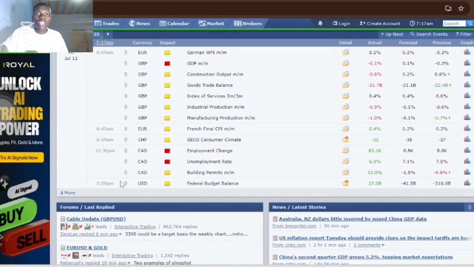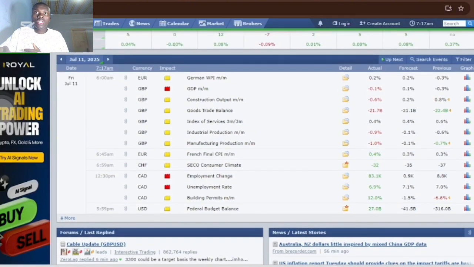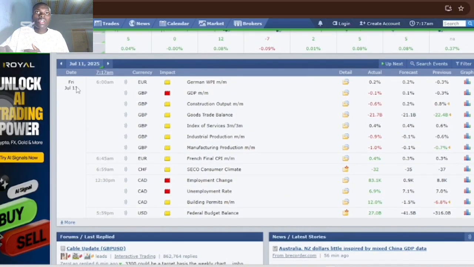All this news you can see, they are for Friday. So you now don't have to pay attention to all of it. Pick the currency you are trading and focus on that currency if you are into trading news. So pick the currency: for Friday, the 11th of July, we have GBP red folder, CAD red folder, CAD red